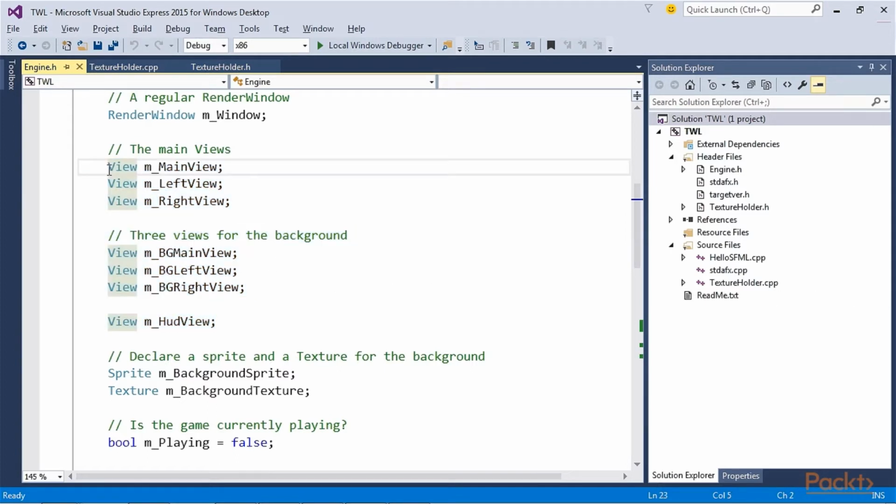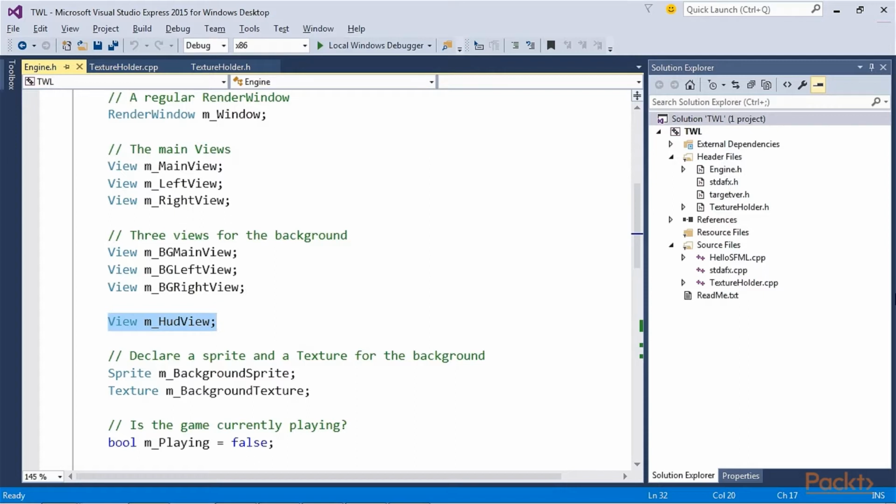The first 3 view objects, that is m_MainView, is for the full screen view. m_LeftView is for the left split screen, and m_RightView for the right split screen views of the game. Now, these three SFML view objects will draw the background behind. The last view object, m_HUDView, will be drawn on top of the appropriate combination of the other 6 views to display the score, the remaining time, and any messages to the players.